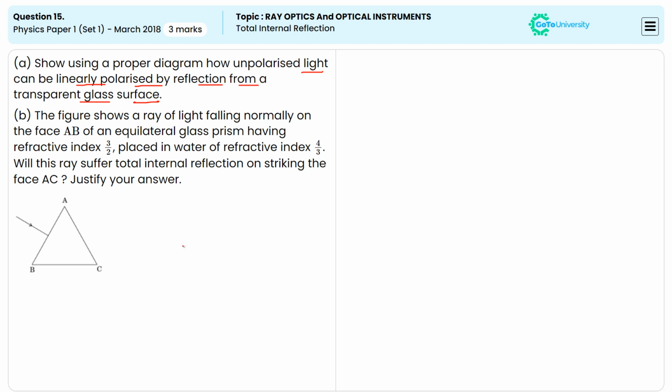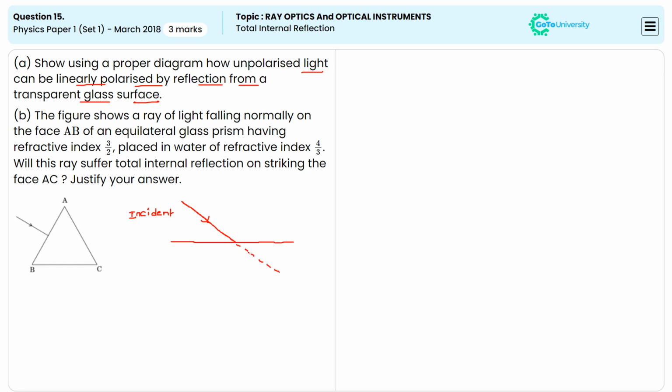Assume this is a glass. A light ray will be passed in this direction. This light ray we call an incident ray. When it passes over the glass, if it moves along like this, then